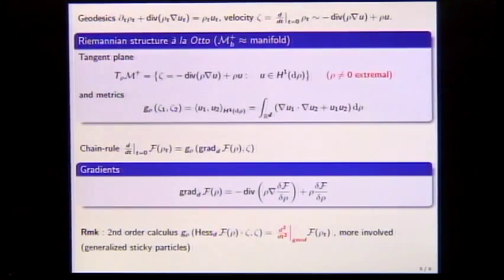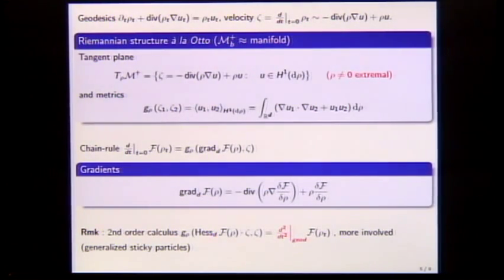So now that we have a geodesic space, I'm going to define a Riemannian formalism à la Otto. Otto did exactly what I'm going to do here in the classical setting of Wasserstein spaces. Think of here, we now have a representation of geodesics, right? And you know that in general, in a manifold,